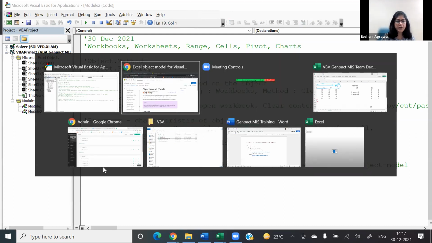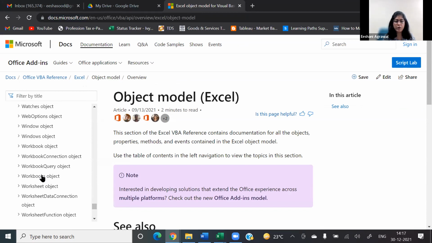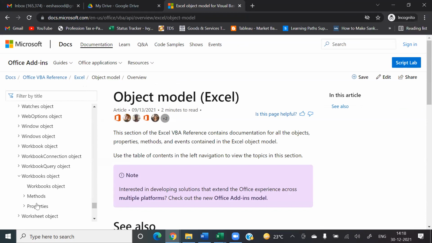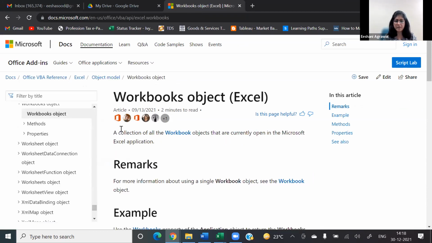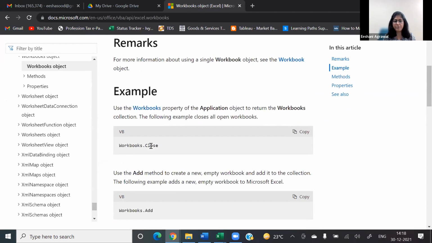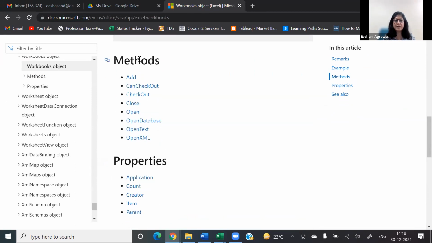The way I would work is, let's say I'm going to start working with the workbooks object. When you click on it, it differentiates between methods and properties. It tells you what it is: a collection of workbook objects currently open in Microsoft Excel. Then it gives you examples, workbooks.close, workbooks.add, and a neat list of what the methods and properties are. If I want to look at any method or property to understand how it works, I can simply